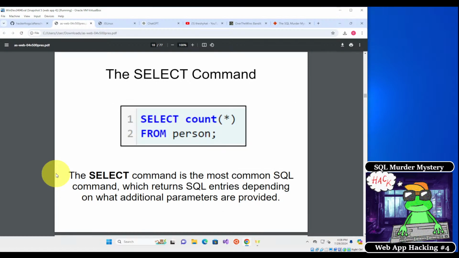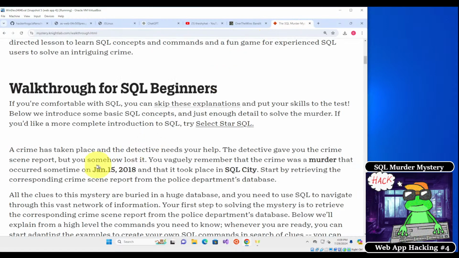So the first thing we're going to learn about SQL is the select command. The select command is the most common SQL command, which returns SQL entries depending on which additional parameters are provided. So over here, this is one SQL command right here. It's select count, and count is a function, and we're getting the information from the person table. This is what this particular command does right here. Select count from person, and if we go over to the murder mystery over here,